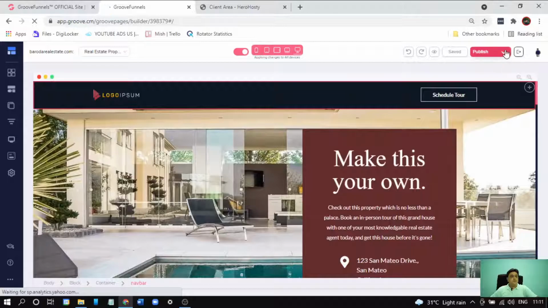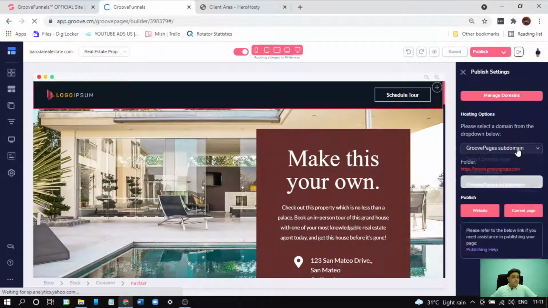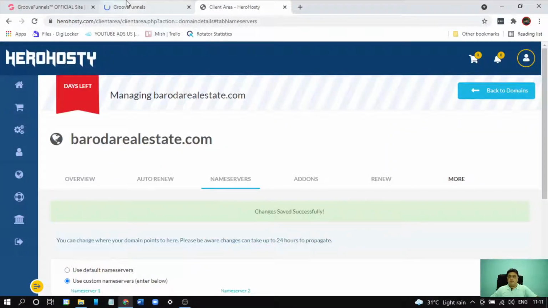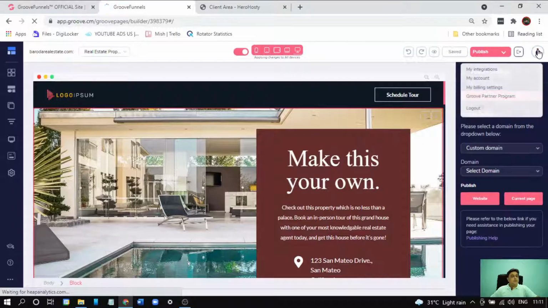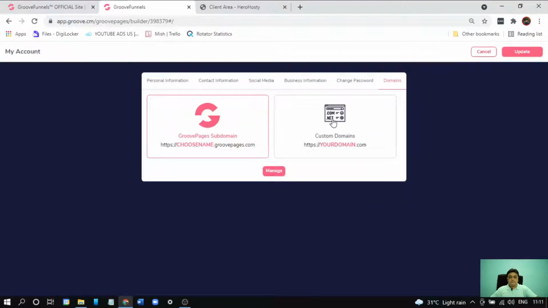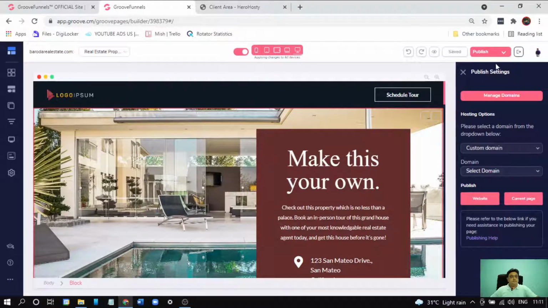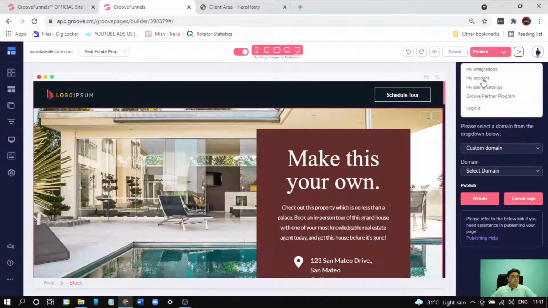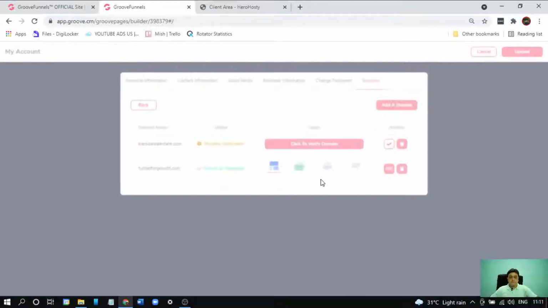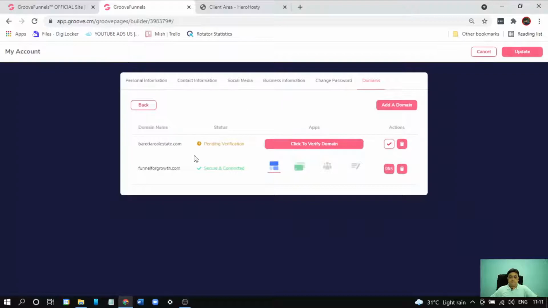Now we have to search here for our custom domain, but we have to wait for the activation process. Click here to verify.